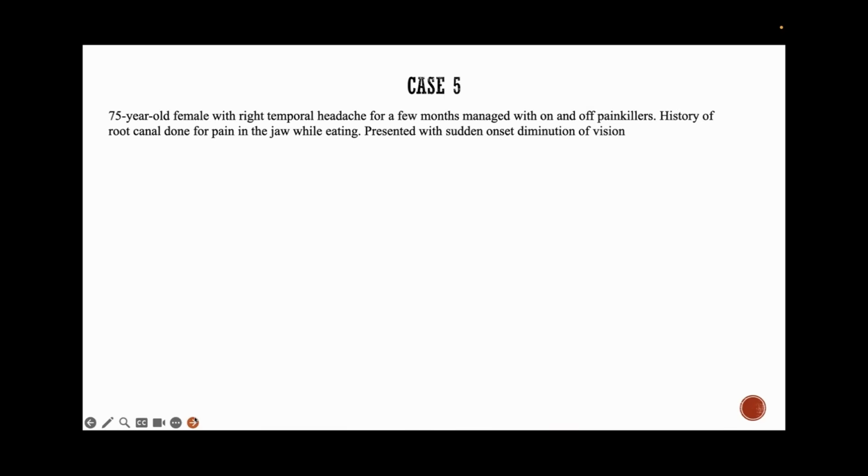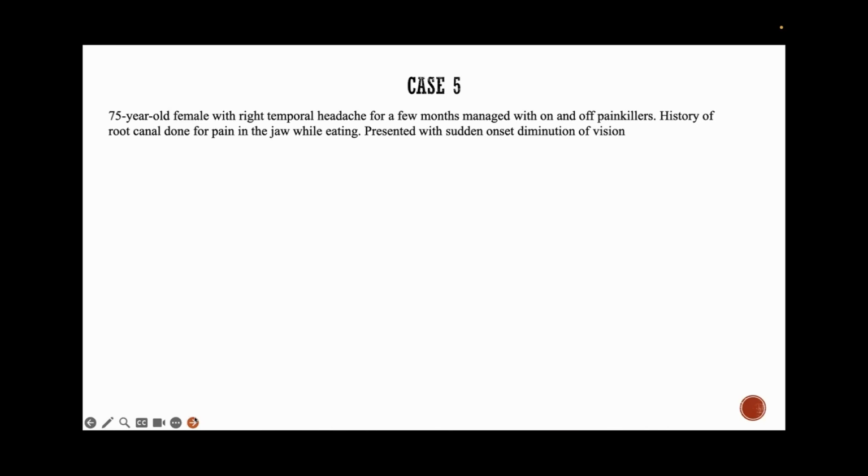This is a case which is very close to me because personally, I feel that most of such patients go on without treatment, and by the time we get to know, it's already too late. So she had been having a one-sided temporal headache for a couple of months with some jaw claudication kind of symptoms also. She said there is pain while eating, and her dentist told her that she had to undergo a root canal. She underwent the procedure.